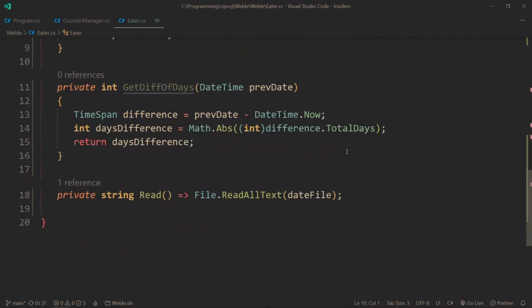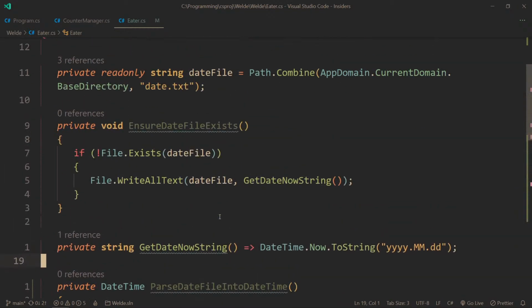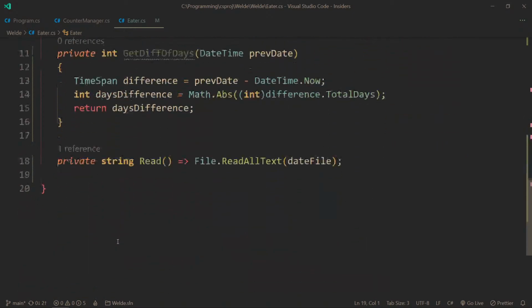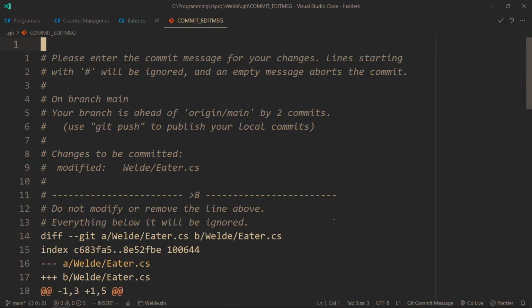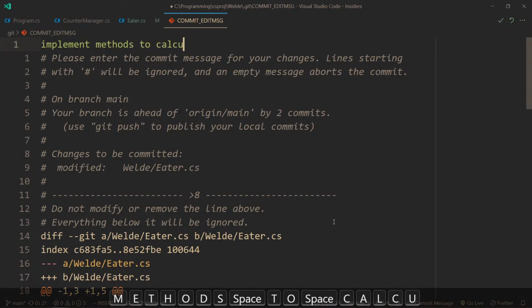So, yes, I should probably add read, or no, I will add it along with these. So let's actually commit this now. Implement. See, I can't type this word myself. Implement methods to calculate